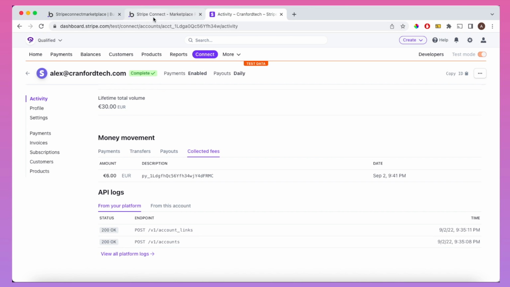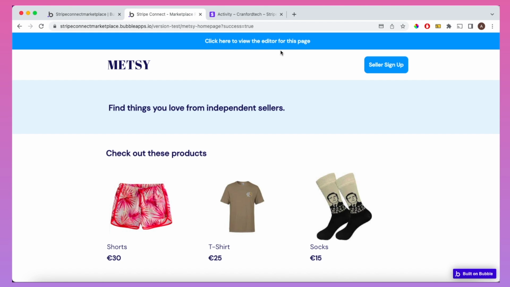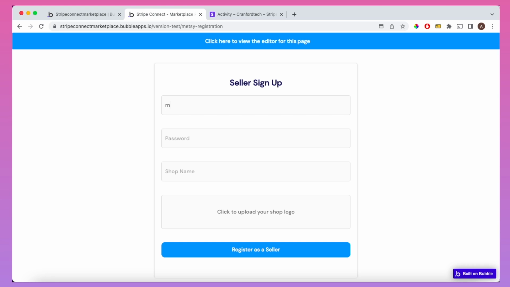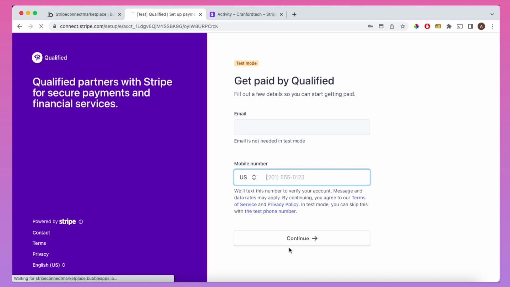I'm also going to show how you can allow sellers to sign up to Stripe Connect and set up their own Stripe Connect accounts via your app. As you can see here, we have it built into the sign up flow so that when a user registers as a seller, they're automatically directed to the Stripe Connect onboarding screen where they'll begin to fill in the relevant